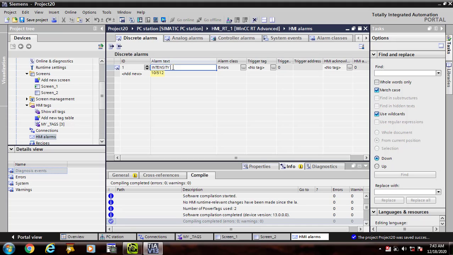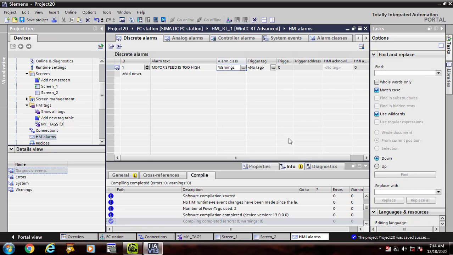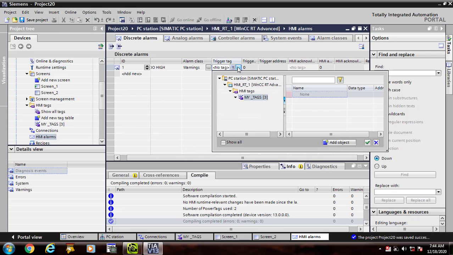First, its ID is 1. What kind of text should it display when it goes high, when it crosses its higher limit? Motor speed is too high. And we need to select its error warning. I think it should give me a warning after touching its highest limit. Its triggered tag should be,